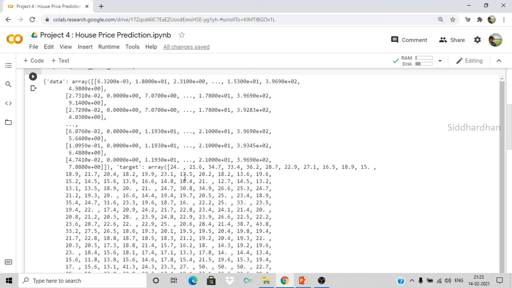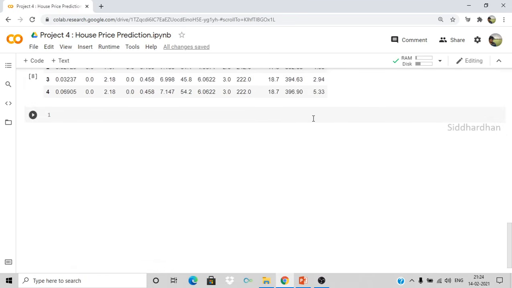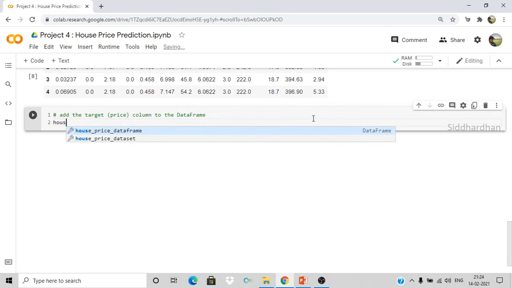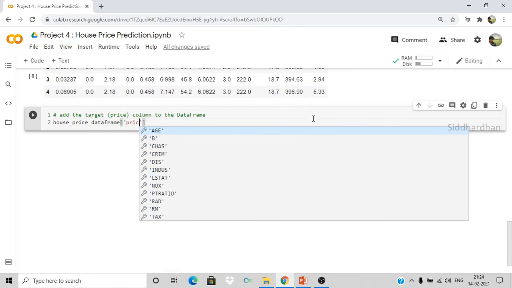Okay, so we need to incorporate this price or target array with this data frame, right? So we will do that now. Add the target column to the data frame. So this target is nothing but the house prices, so I'll mention it here, price. Okay, so mention the data frame name, which is house price data frame, and we need to create a column as price. So price column,